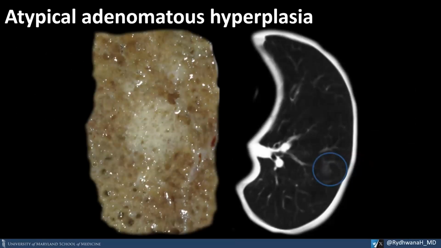So here is another ground glass nodule in the patient's left lower lobe, and this was a case of atypical adenomatous hyperplasia. So many ground glass nodules remain the same size for many years. However, the larger the lesion is, the more likely it is to grow. And that was like the case that I showed you of that left lower lobe ground glass nodule that measured 27 millimeters. So that's pretty sizable. And it started as purely ground glass, but it developed a solid component. And obviously now that requires a different type of management for that nodule.